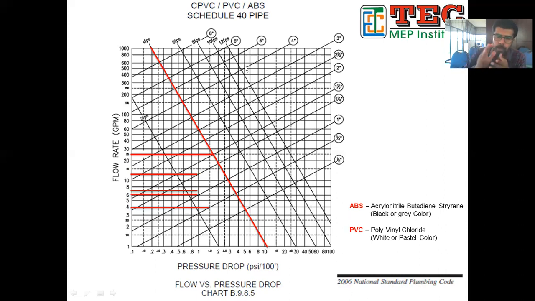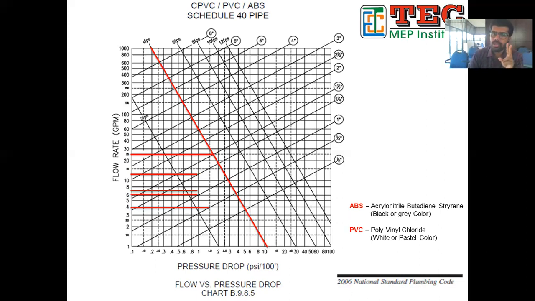Okay. So we got GPM, we got this value. Now listen carefully. How we are finding out the pipe size is that we need 2 values. One value we already got, GPM we already got. So how did you get GPM? If you know the fixture unit, you can find out GPM from a table.